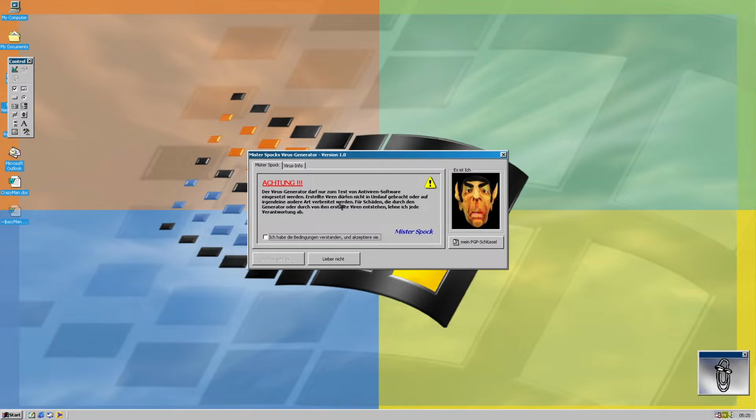And here comes the German again. So warning, this virus generator is only for testing antivirus software, and the rest of stuff I cannot actually even translate at this point, so I'll have to type it out. This Northern test of one antivirus software